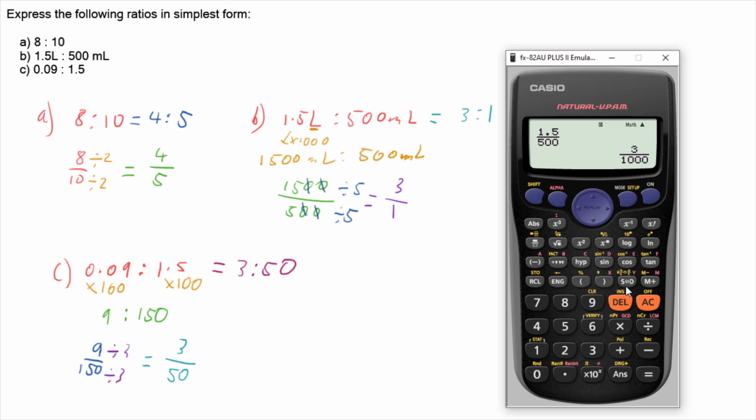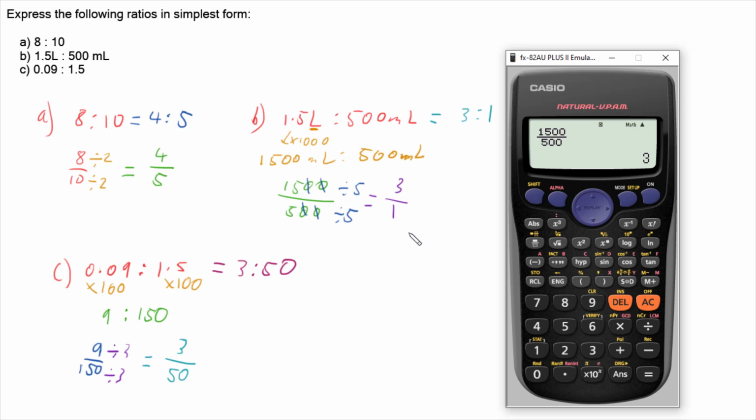I can try and get a fraction, but it's not the fraction that I had. And this is because, again, the units were different. So I've actually got to convert the units first still. So I've got to do 1500 over 500, and that will give me 3. But as a fraction, that's 3 over 1. I've just got to remember that if I get just an integer, it means it's over 1,